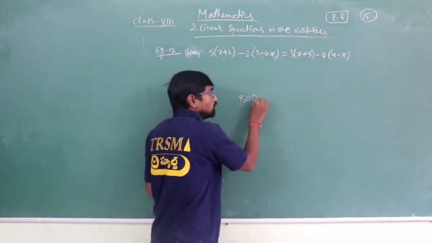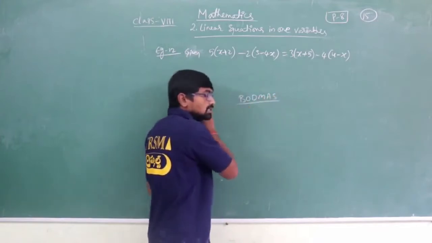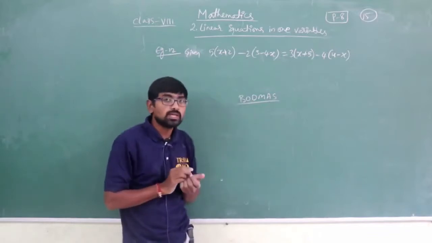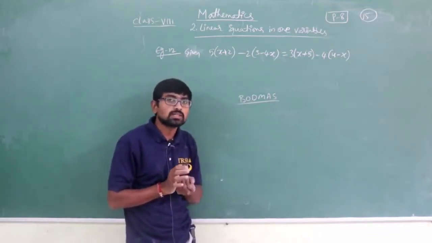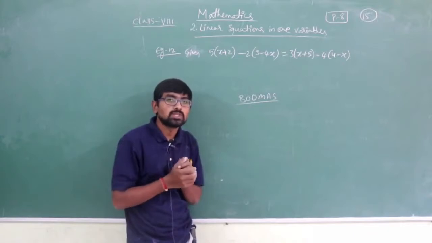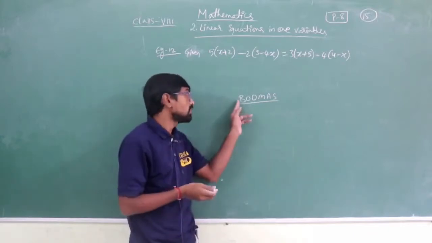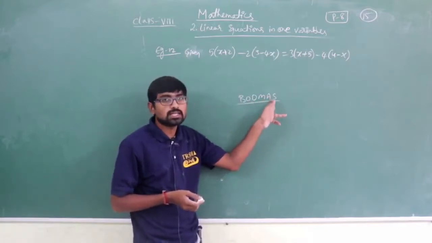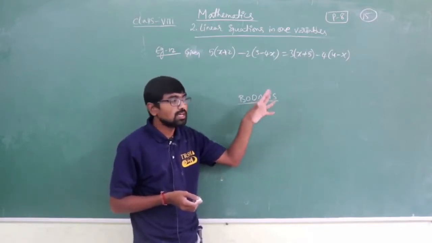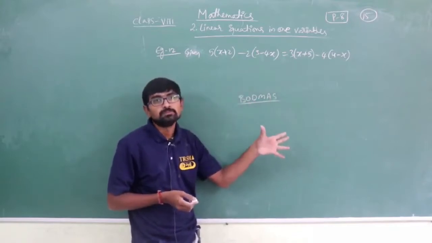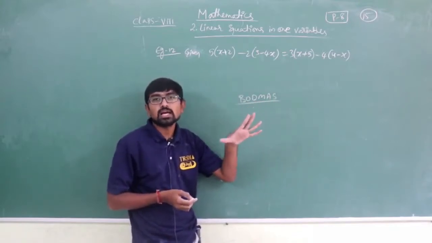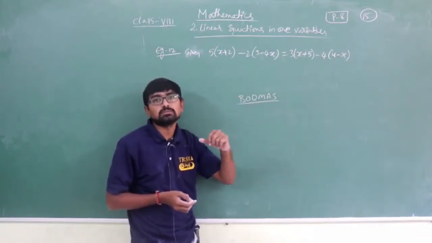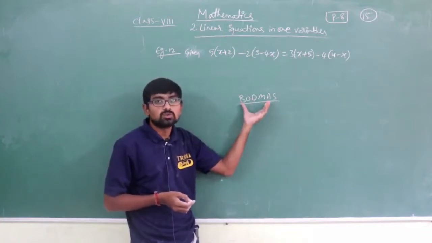Am I right or wrong? BODMAS rule, you have discussed this in your previous classes, in 5th class, 6th class. You maybe learnt about that, isn't it? In 7th class you have learnt about this in depth. Am I right? BODMAS rule: B for bar, O for of, D for division, M for multiplication, A for addition, and S for subtraction. Whenever you are solving any problem in mathematics, which consists of algebraic symbols, you need to follow this rule here.